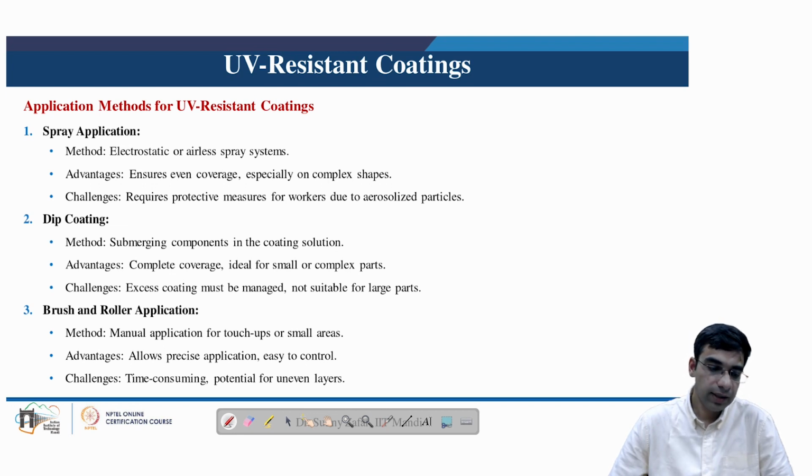The dip coating method includes submerging the components in the coating solution. The advantages of this method include complete coverage, ideal for small to complex parts. The challenges of dip coating are that excess coating must be managed, and for very large parts the dip coating method sometimes becomes unsuitable. The brush and roller application is basically the manual method to apply the coating material on small